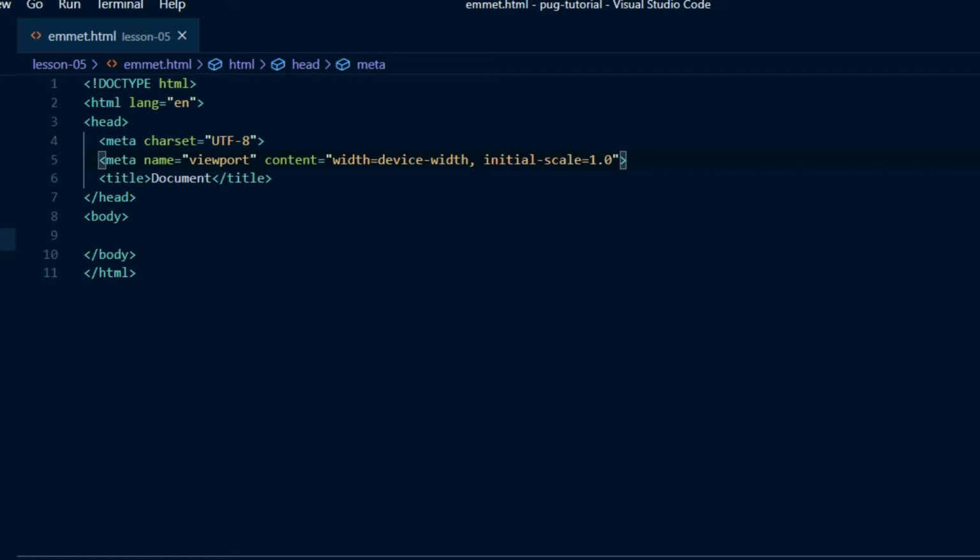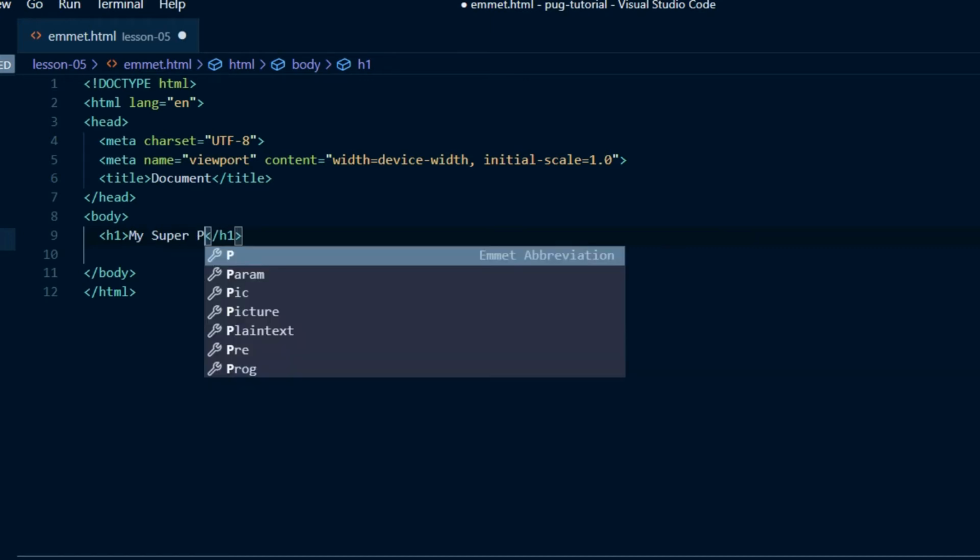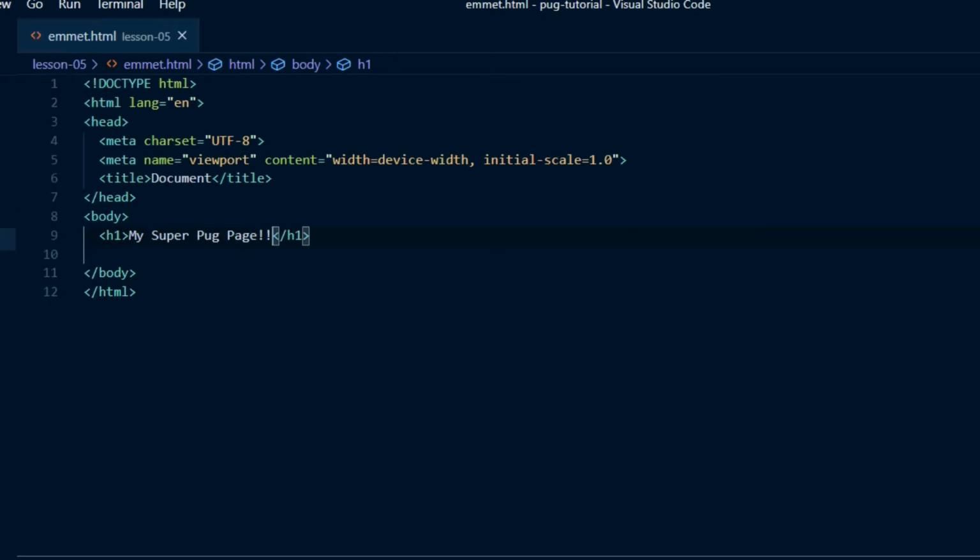were doing. Move the cursor down inside the body tags, type H1 and press Enter, and both opening and closing H1 tags will appear, with the cursor conveniently placed between them. So we can type in the content of the H1 tag. Emmet makes it possible to enter a large amount of HTML very quickly using CSS style syntax.